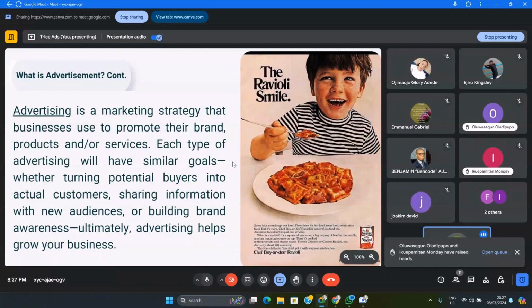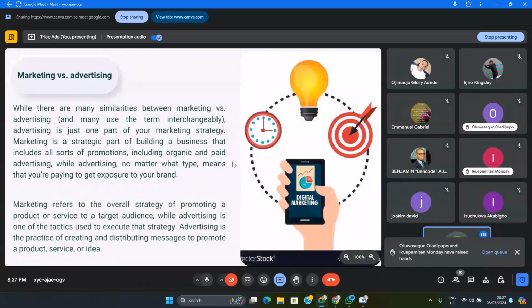They say advertising is a marketing strategy, which means advertising is a strategy under marketing, but not marketing. I don't know if you get it. Advertising is a strategy under marketing itself, but not marketing. So now, if we go into this marketing versus advertising, if we read further, we're going to see that